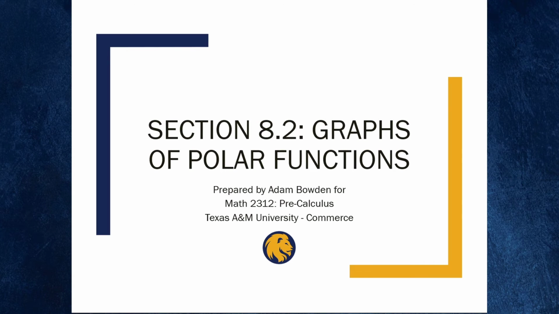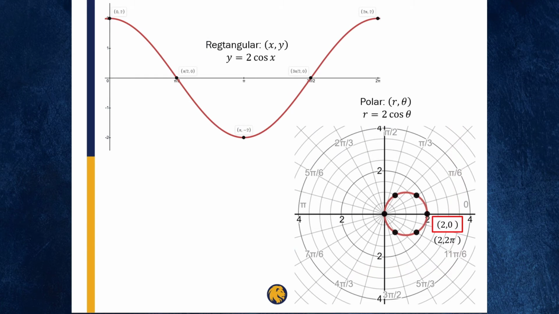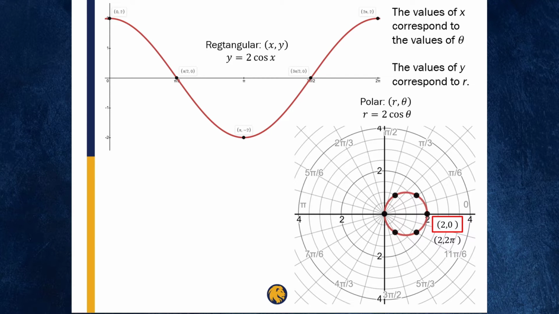In this video, we're going to look at section 8.2 about the graphs of the polar functions. To get started, let's look at the connection between the graph in rectangular xy coordinates and polar r theta coordinates. Here we're going to look at y equals 2 cosine x and r equals 2 cosine theta. Now in this case, the values of x will correspond to the values of theta in the polar coordinates, and the values of y we can take as corresponding to the values of r in polar coordinates. So in this case, the coordinate 0, 2 will relate to the point 2, 0 in the graph